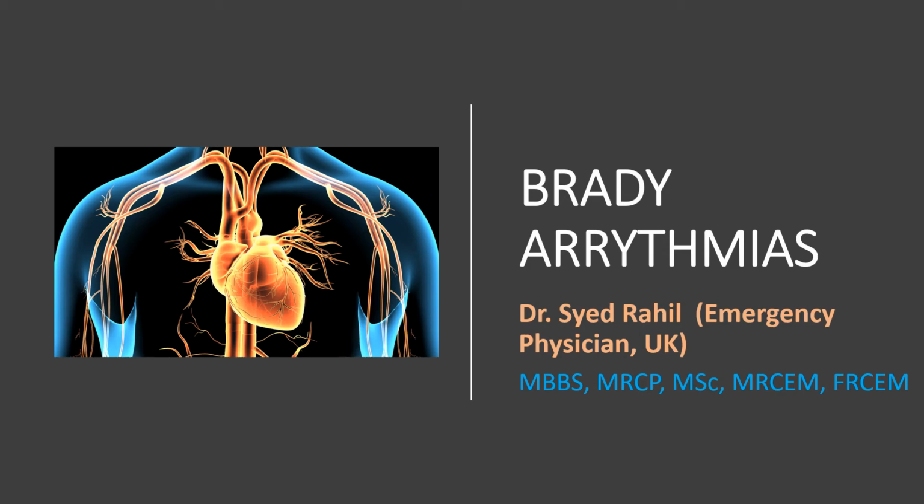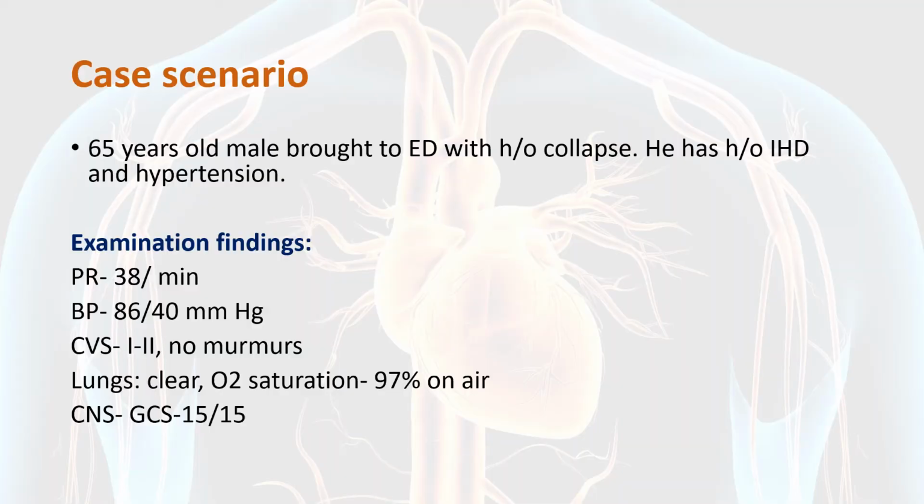In part 3 of cardiac arrhythmias, we are going to focus on bradyarrhythmias. Let's start with a case scenario. We have a 65-year-old man brought to the emergency department with history of collapse. His past medical history included ischemic heart disease and hypertension. Abnormal findings on examination were heart rate of 38 beats per minute and blood pressure of 86 over 40